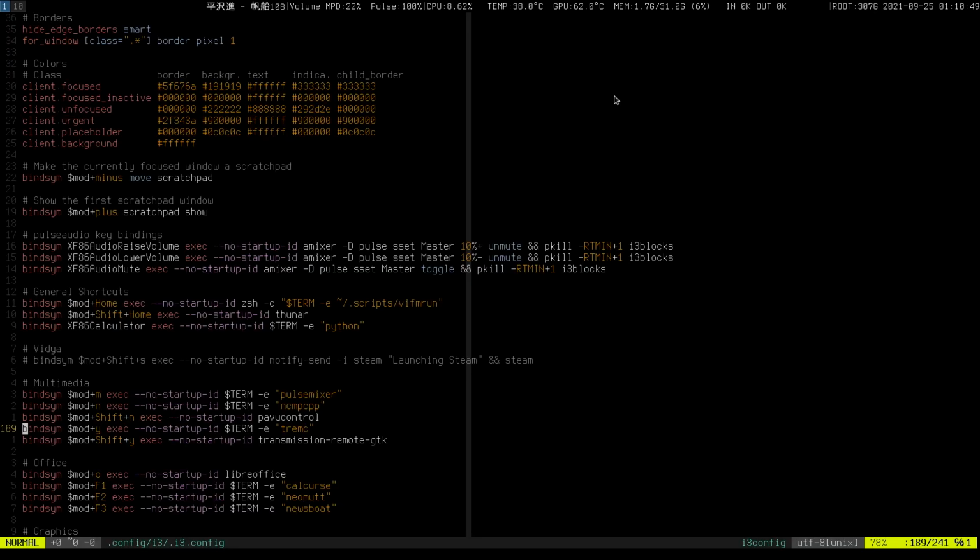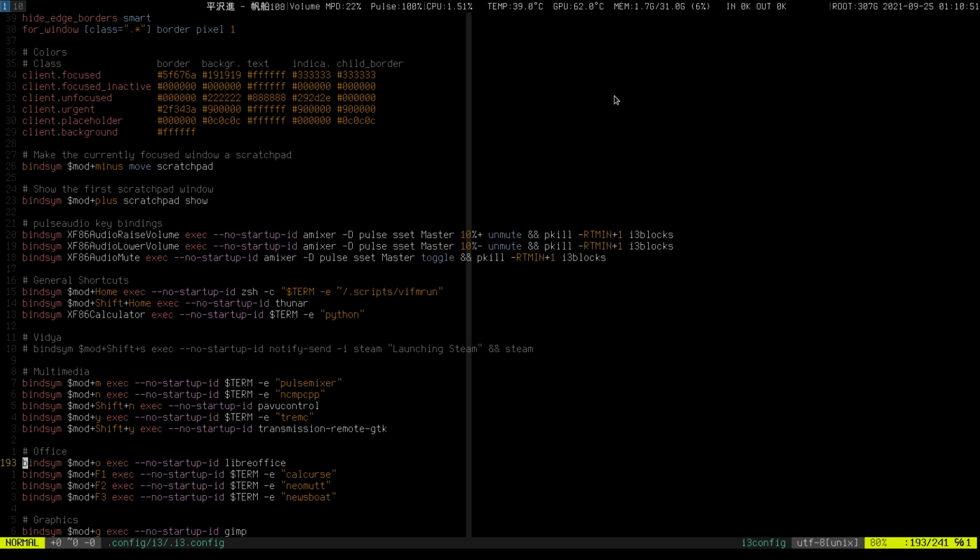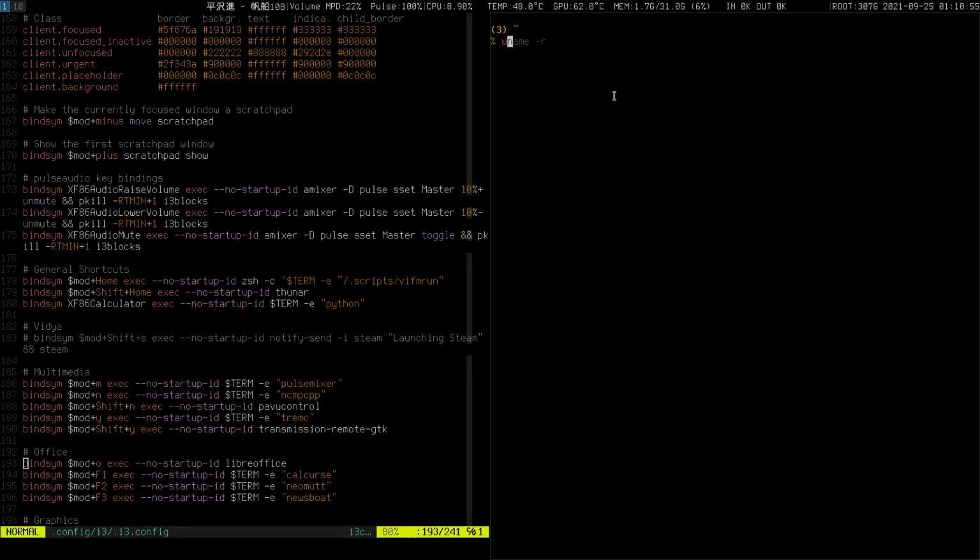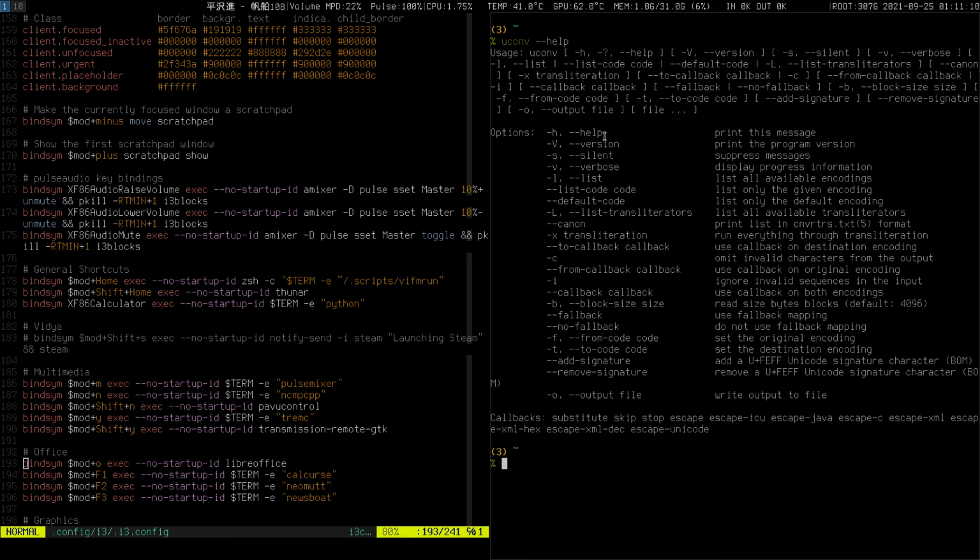Okay. What's that? LibreOffice. I don't actually use LibreOffice that much. I have it installed for uconv to work. Uconv is a universal converter. I haven't used it recently, but uconv basically allows you to convert using LibreOffice, but from